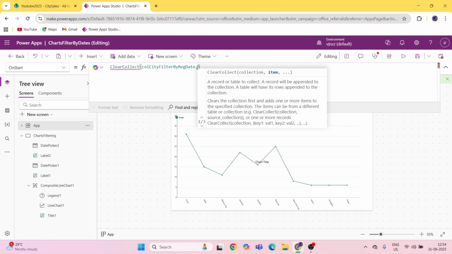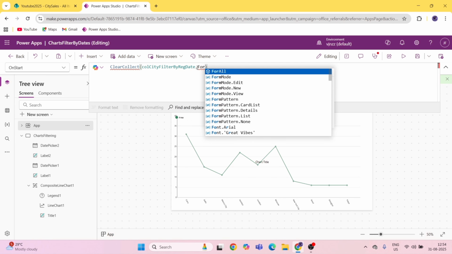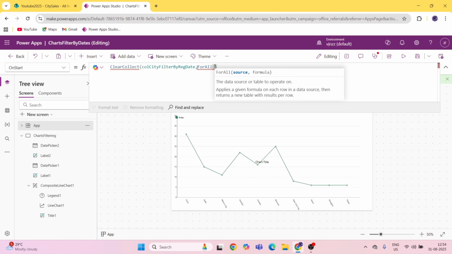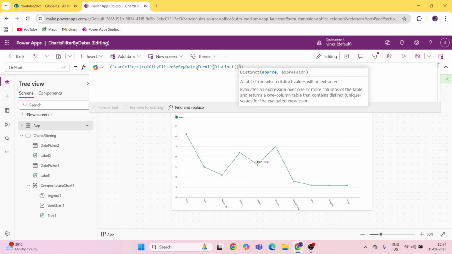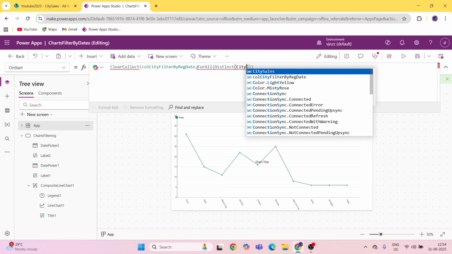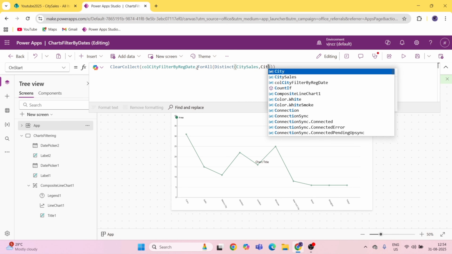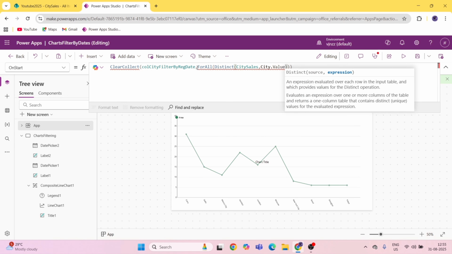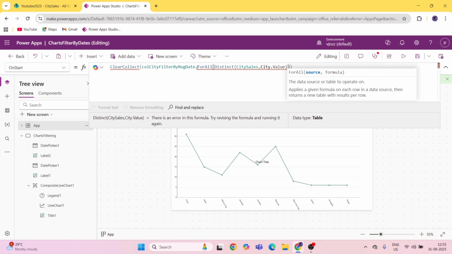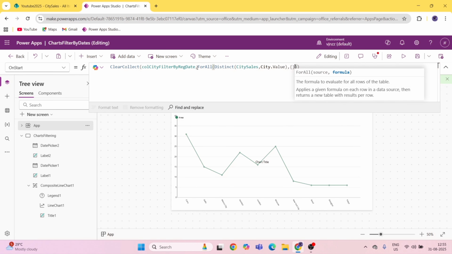I'll add the comma and ForAll, round bracket open close. Inside our ForAll, I will add the Distinct, round bracket open close, city sales, comma, city dot value, comma, curly bracket open close,